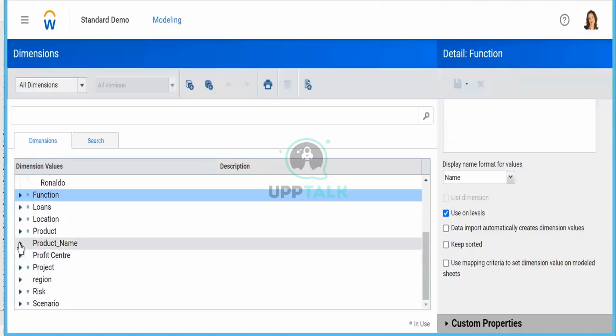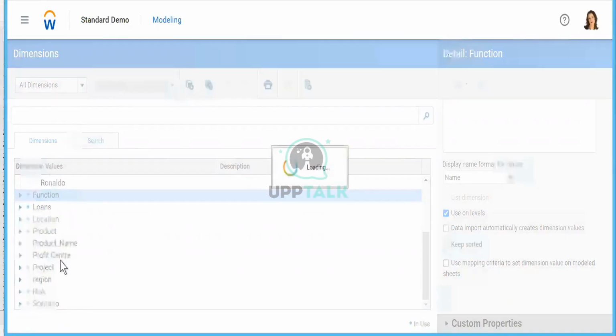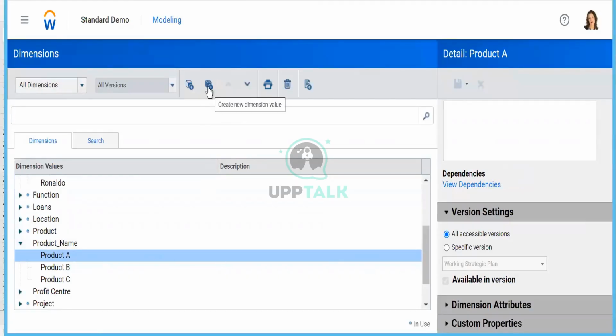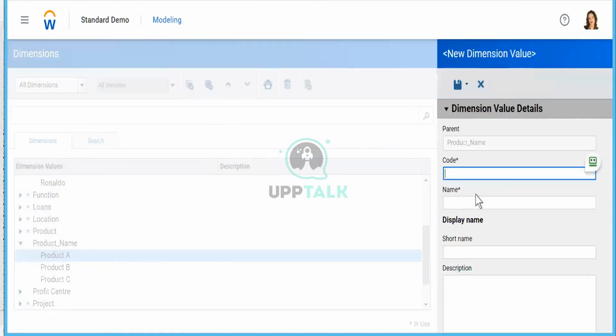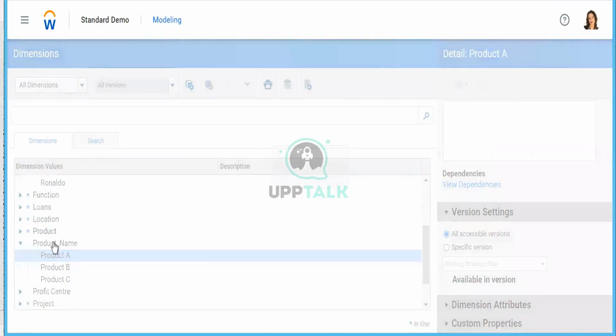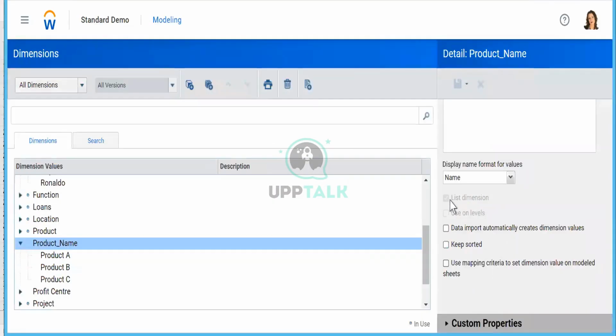Can you change? Now can you go and add a product inside this? Can you see if I add it here, you will not be able to add. Can you see what is happening? Your parent is grayed out. Product. It's locked. Why is it locked? Because your product name, which is the parent, is already created as a list dimension and